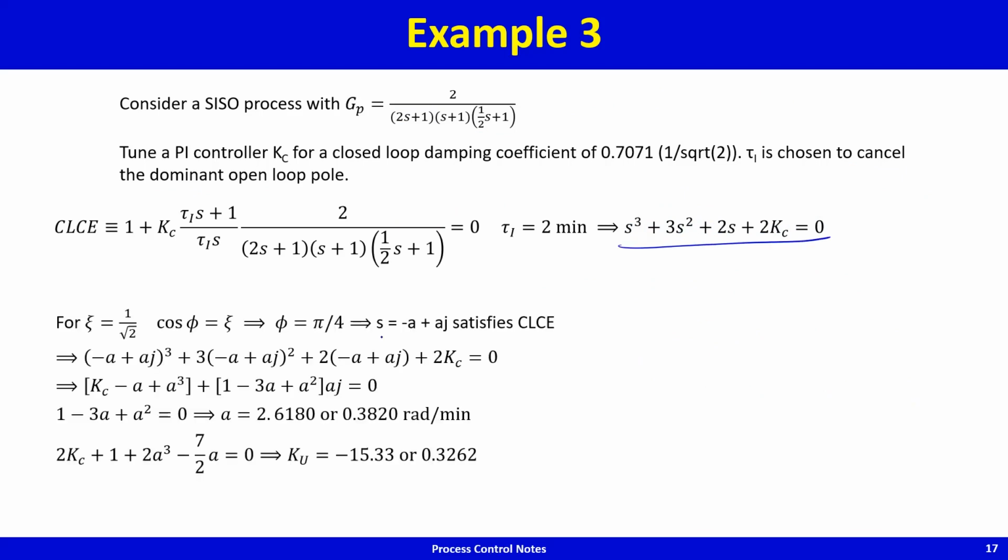Again, s equal to minus a plus aj must satisfy the closed loop characteristic equation. Substitute this into this, do the necessary algebra, and separate the terms into an imaginary part and a real part. That's what you get. Imaginary part must go to 0, real part also must go to 0. Imaginary part is a quadratic. This quadratic can be solved. By solving this quadratic, I get two candidate values for a. For these two candidate values, if I substitute into the real part going to 0, I get